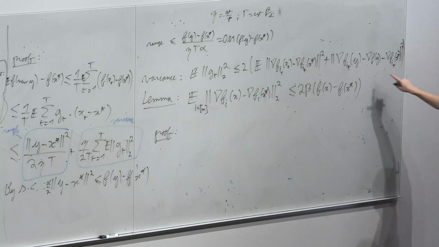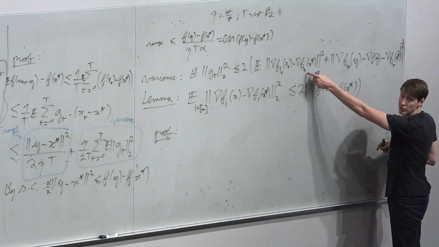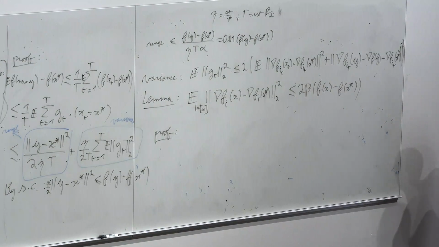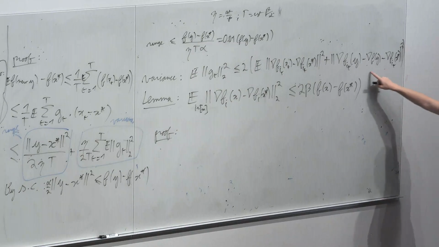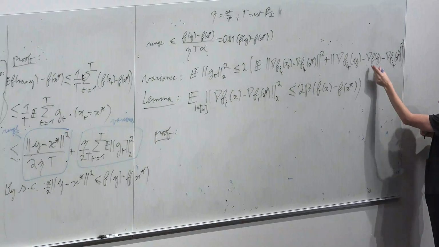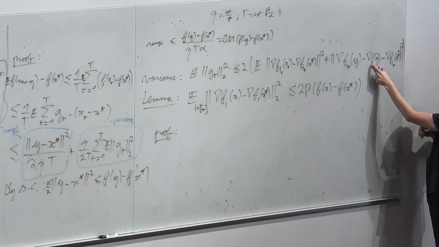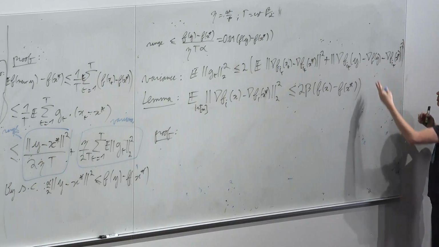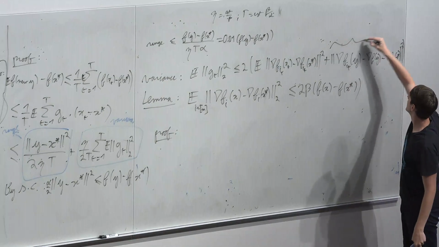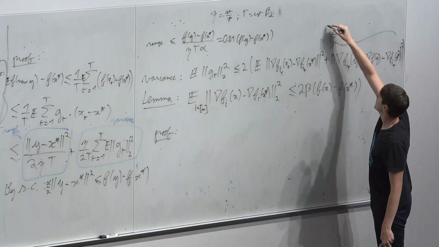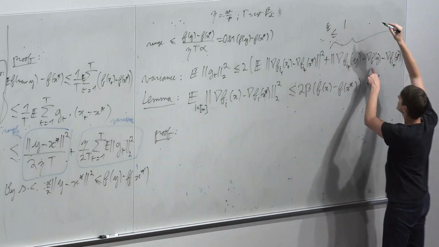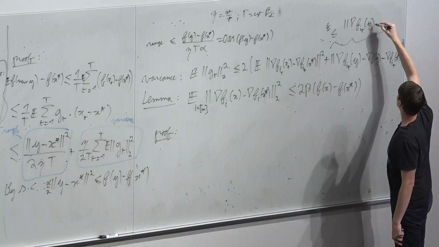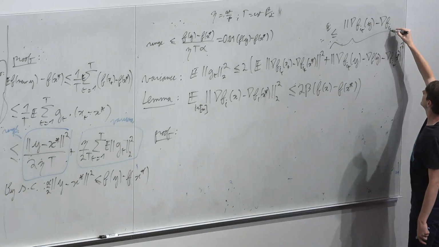Okay, so here I didn't do much. I just plug in the gradient at the data point of the optimum. Now, notice that this is a variance term, and this is the expectation. And the variance is smaller than the second moment. So this thing, in expectation, is smaller than if I remove this term. So this is smaller than grad f_i of y minus grad f_i of x star,